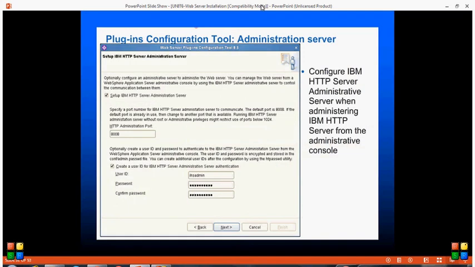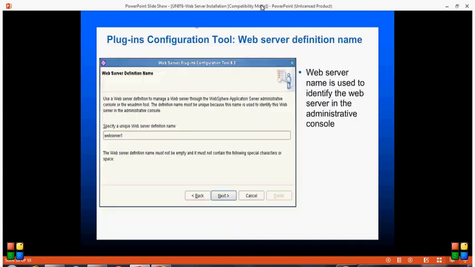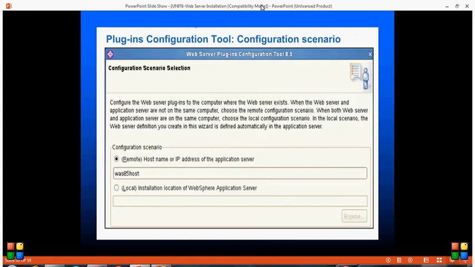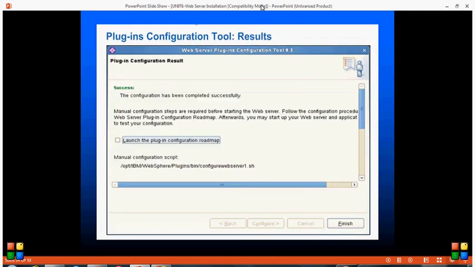if you want to enable the HTTP server administration server, we need to specify the port. By default it's 8008, and also we need to provide the credentials like user ID and password, and we need to give the server name like Webserver1. If it is remote, we need to specify the host name,